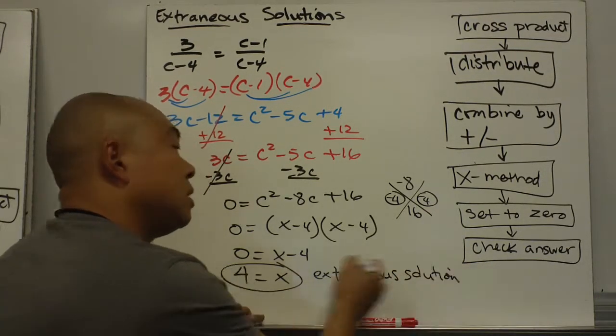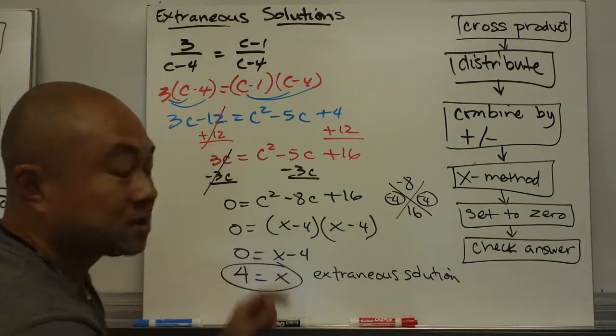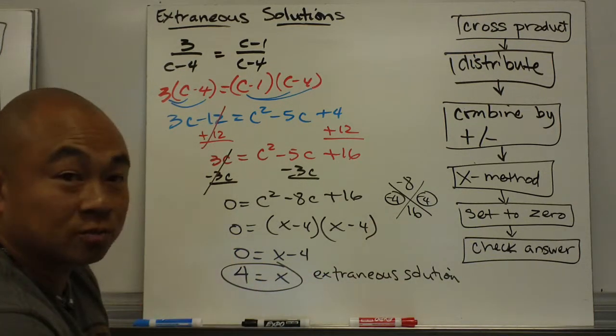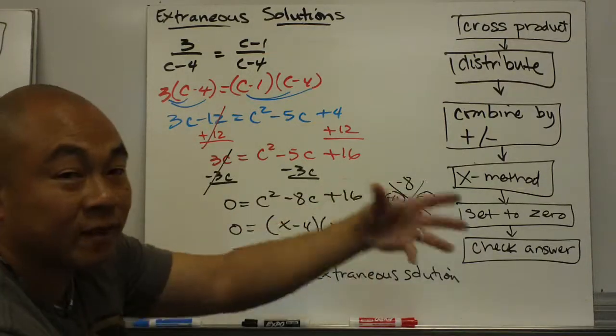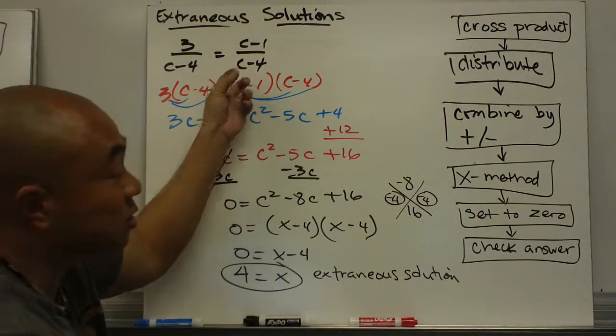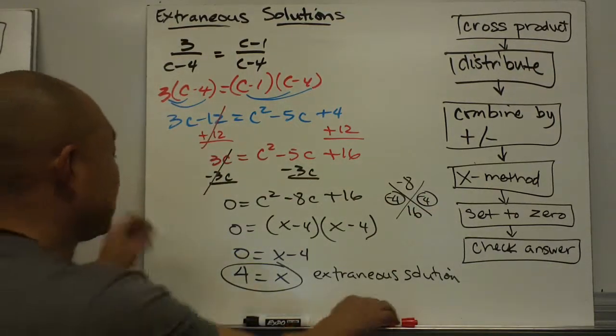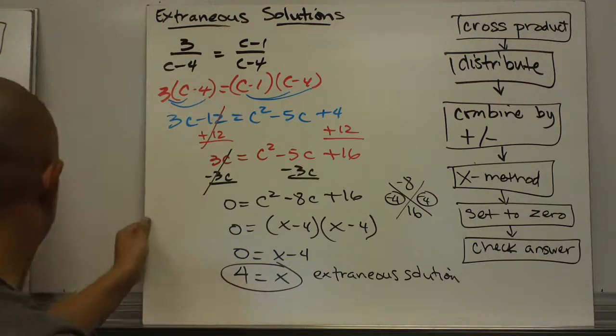Sometimes you'll get 2. In this case, because both of our numbers are negative 4, it gave us that positive 4 as our extraneous solution. Sometimes you'll have like a negative 4 and a 5. The negative 4, because you plugged it in, gave you that extraneous solution. The other one is probably going to work out just fine. Okay, so this covers our